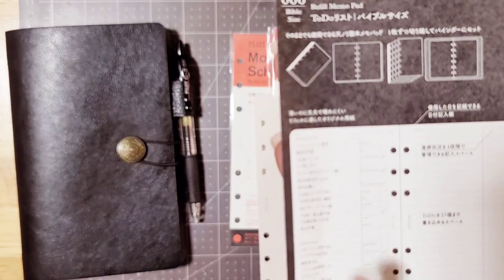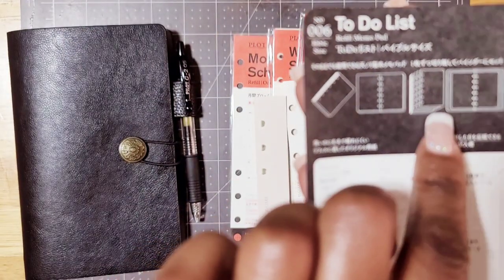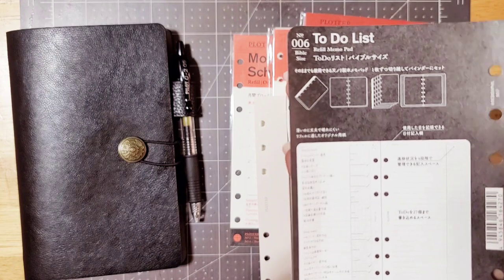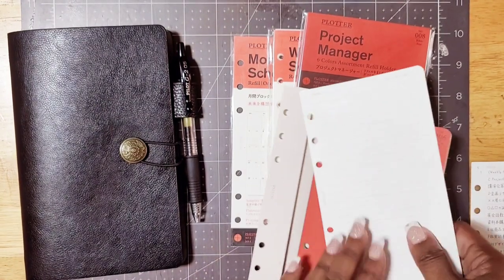And then you can see here that you have the whole pack, and then you can open it up. You could put it in your binder. There you go. Push the focusing work. Okay. Now, the next thing I purchased